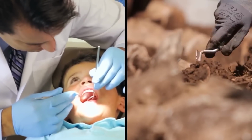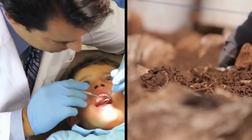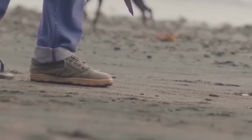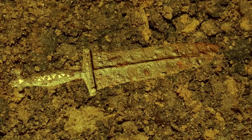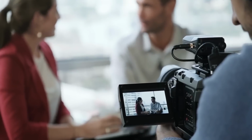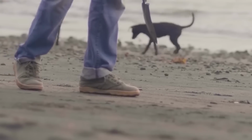They were recently proven wrong by Lucas Schmid, a dentist who spends his spare time volunteering with his local archaeological association. Using his metal detector to scour the site for hidden artifacts, Schmid found a 2,000-year-old Roman dagger. Speaking with reporters, he said that the metal detector's signal was faint, and he never would have guessed he'd encountered